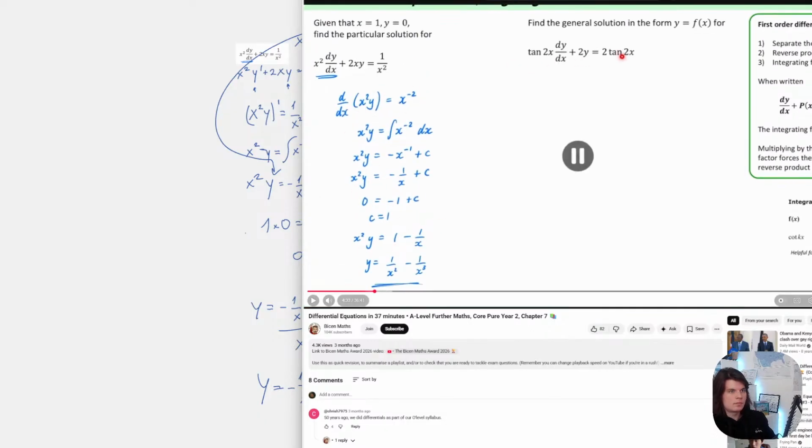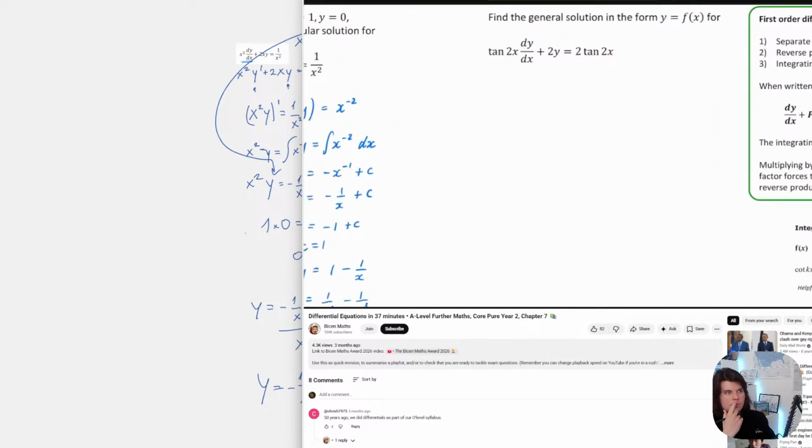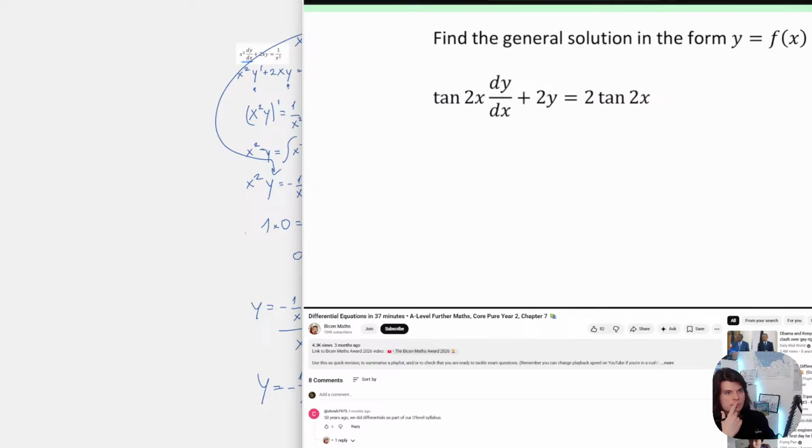This is pretty obvious. We're going to need to use an integrating factor. It is not currently in a reverse product rule form we've got here. And we're just going to do the general solution in the form y equals f of x for this one. So we talked about this before. It needs to have dy by dx completely by itself. We've already got this function of x on the right-hand side, so I don't need to worry about that. The way I'm going to get this dy by dx by itself, so I'm just